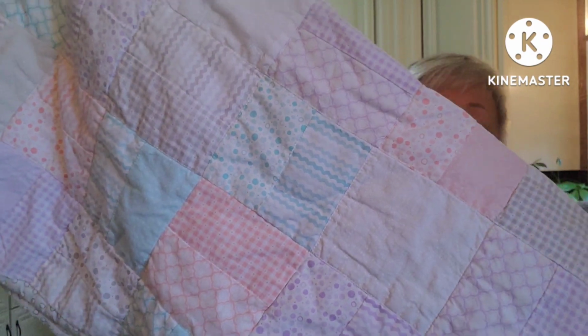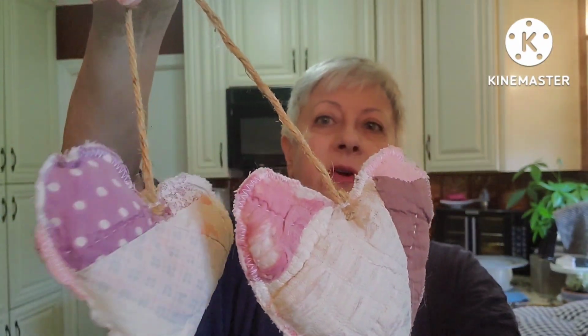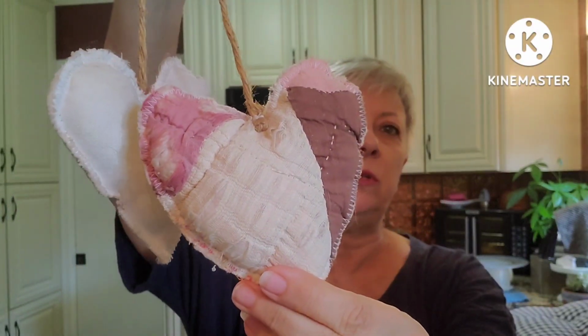This I picked up. I think it's just a baby quilt, but I like the quilting on it. And I picked these up a long time ago, and I have them hanging on a basket wall in my kitchen. But it's these, see, they're on twine here, and these two little hearts. So I thought, just, you know, when I'm sitting around watching TV at night, this would be something kind of